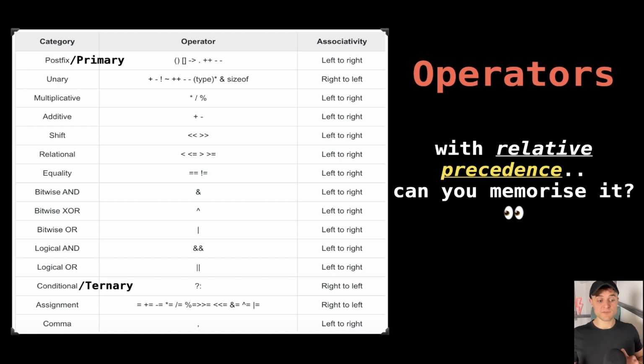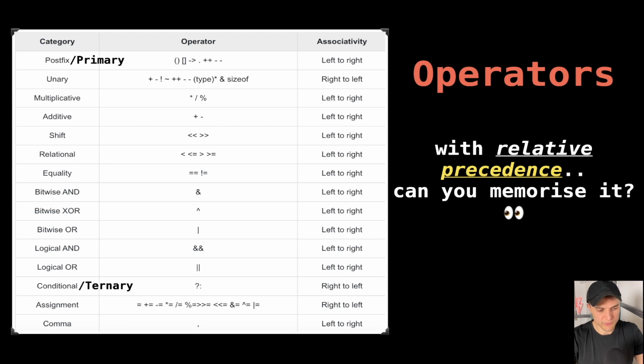Then we have the shift, relational, equality, bitwise, the ternary we're going to see in this video, and the assignment operator that you know pretty well. At the end, we have the comma operator. Indeed, the comma is an operator that is used, for example, when you want to declare variables. Right? One important caveat that you need to know is that this list is different from the one that you can find in the Kernighan and Ritchie book,